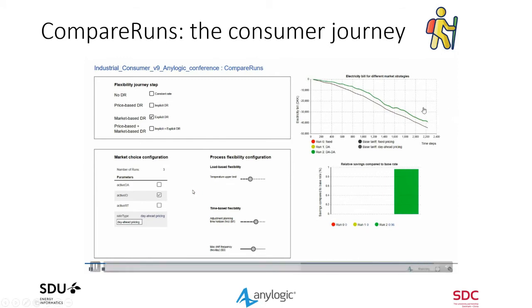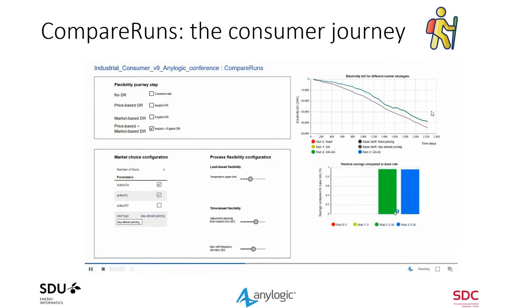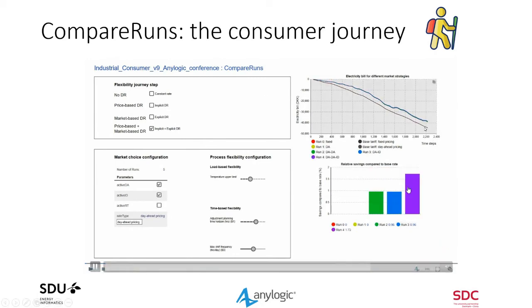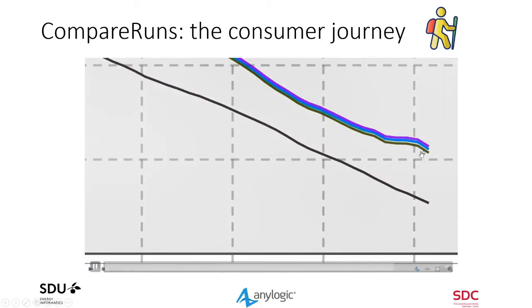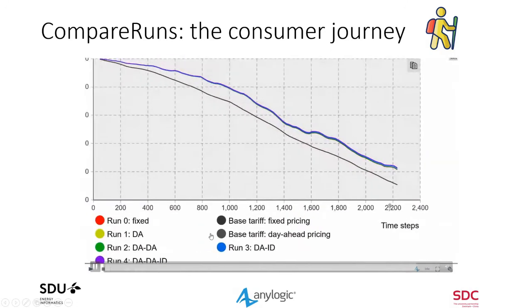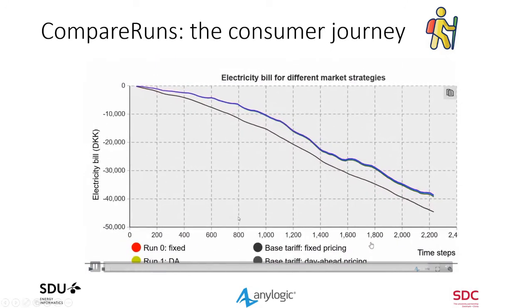And I think it's important to remember here that it also depends on the market prices, right? Like if the market prices are not variable enough, then you might be as flexible as you want. Your savings won't be that great. But here, the interesting thing to see is that when you combine different markets, the difference here is not great, as I said, because of market prices. But what's interesting to see is essentially different market combinations can give you different savings.